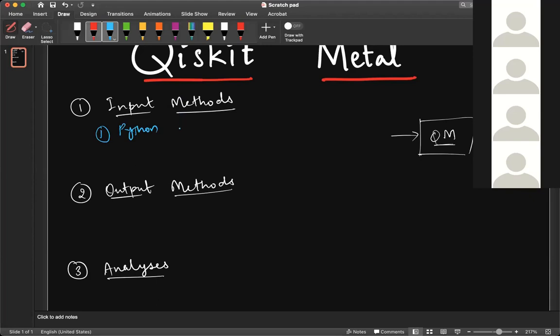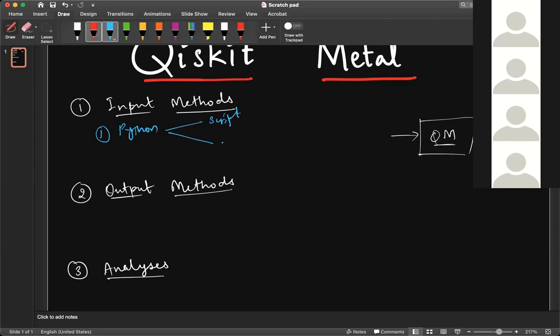There are various libraries in Python which can be used to make a graphical user interface. So you can write a particular script for that,